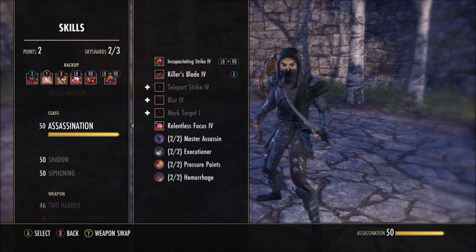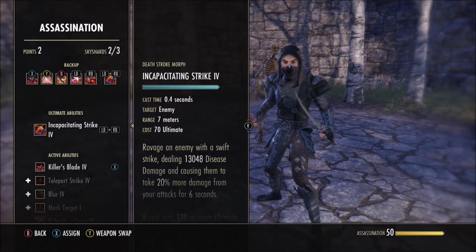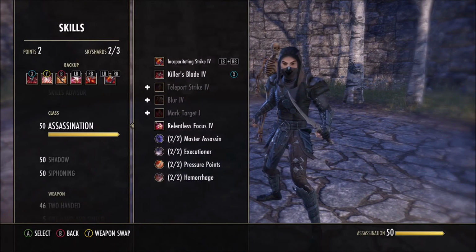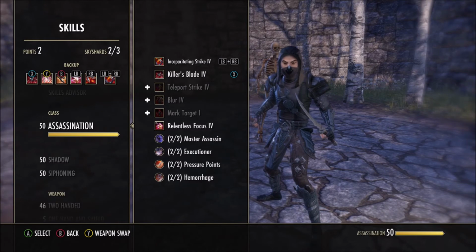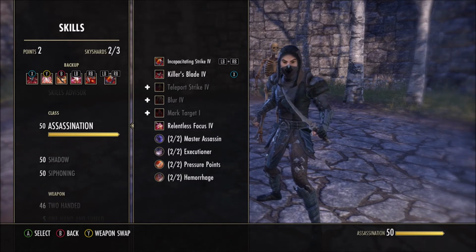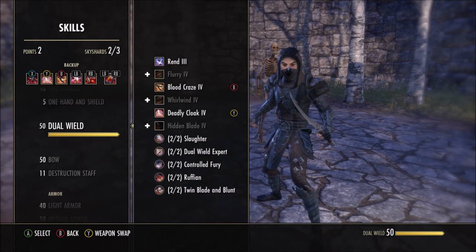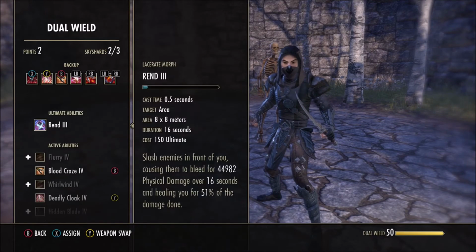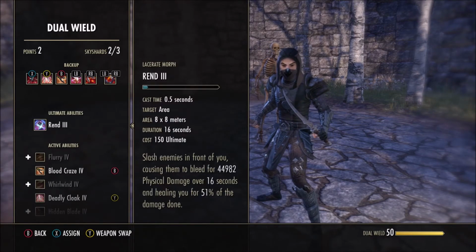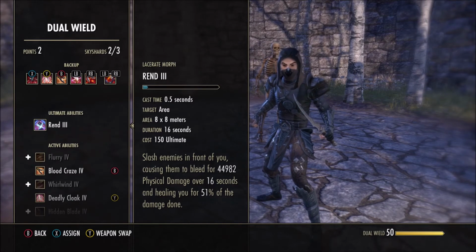The ultimate that we have is the same as our bow bar. It is Incapacitating Strikes. If you find that you are struggling with your health in the game and cannot complete dungeons because your health is not staying up very well, I would recommend the ultimate on the dual wield bar. Because it is a dual wield ultimate, it would be Lacerate, Morph to Rend, because this slashes enemies in front of us, crushing them, causing them to bleed for